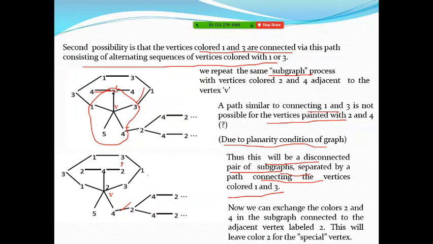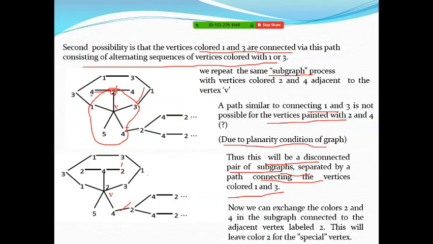So that means there is no threat to planarity, and the 2 and 4 colored vertices are not connected by this path. If this type of possibility is there, now we can use a similar argument. The argument is that this 4 2 4 2 is on this side, and this side it was 2 4. Now just exchange the colors of this side. So 2 4 2 4 left, 2 4 2 you can say is up, and 4 2 right, down. So 4 2 4 2 down, and 2 4 up.